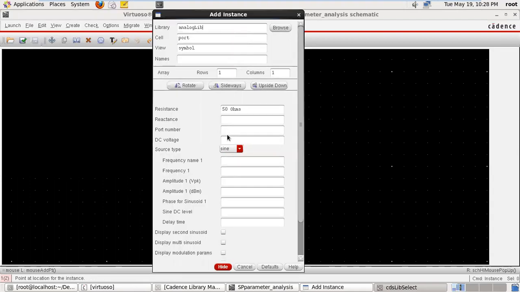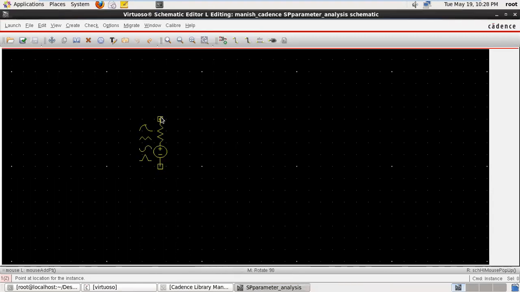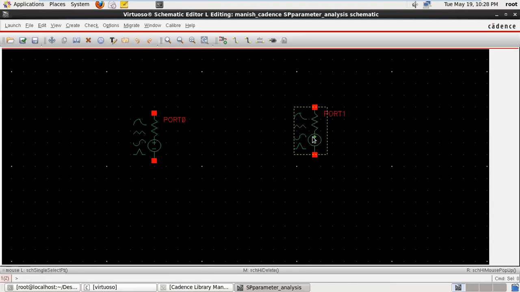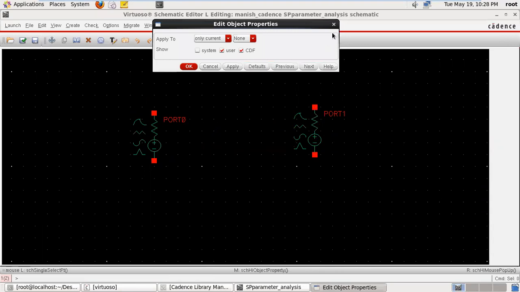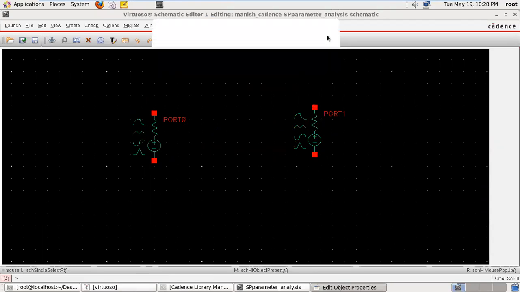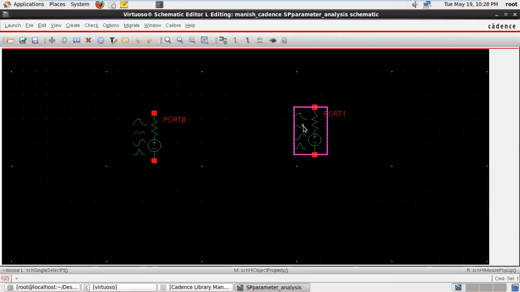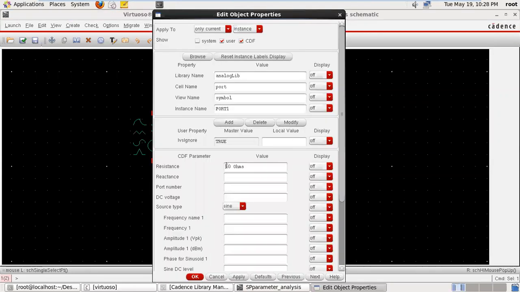When we require input as 50 ohm, we take one port, and we require another as output. Just select the port and press Q if you want to change some property. The impedance is 40 ohm, apply.